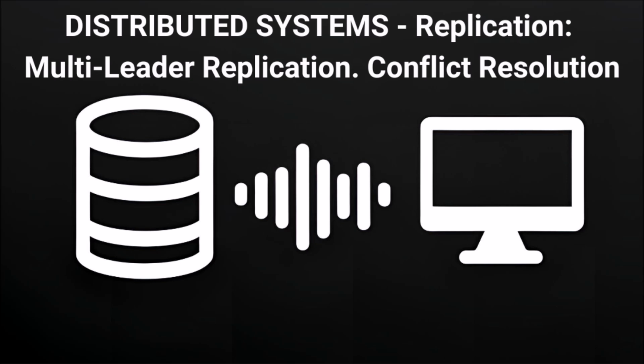Can you give an example? Like, where would custom logic be really useful? Sure. Think about something simple like a likes counter on a social media post. If two leaders both increment the counter at the same time, LWW might just lose one of the likes. Right, because one write overwrites the other. Exactly. But with custom logic, you could say, if there's a conflict on a counter, don't just pick one value, add them together. Or maybe always take the highest value. Some databases let you plug in little code snippets for this on-write stuff.